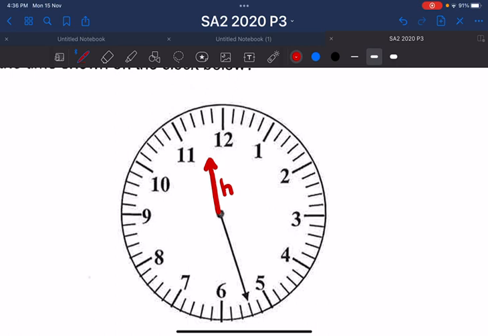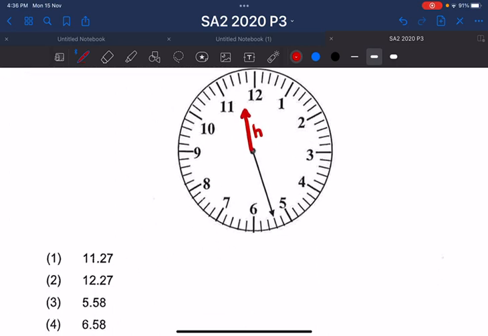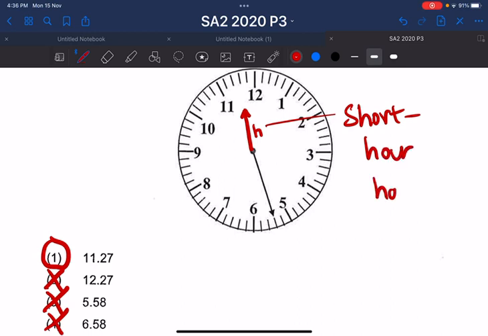Meaning to say it is not 12 o'clock yet. It is still 11 something. So we're going to cancel out option number 2 because it's not 12 o'clock yet. It can't be 5 o'clock. It can't be 6 o'clock. So very fast, you see our answers are already out. We don't even have to look at the minute hand. We already know the answer. So remember, the shorthand is always the hour hand. Alright, please be very clear on that. Okay,